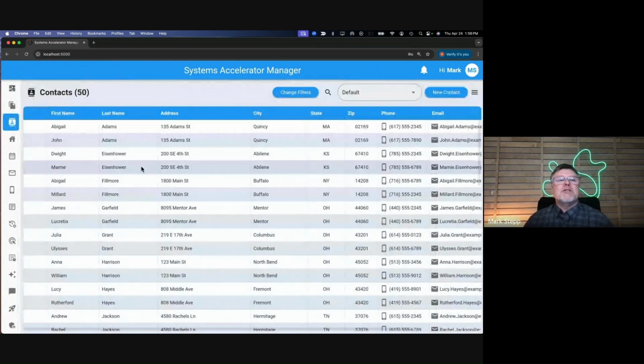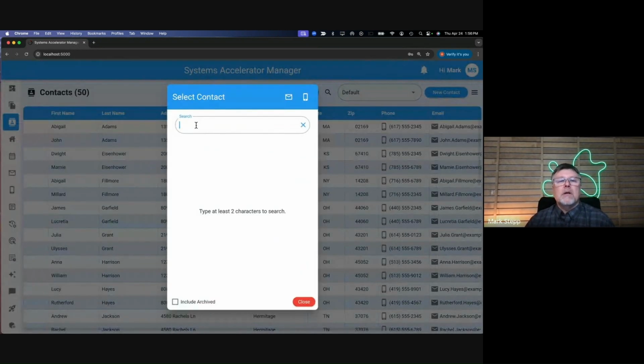Whenever you go into your contacts record, if you come in here and do a lookup of some sort, and I shouldn't have any, let me just do Garfield. Okay, so if I had multiple records here, as I'm doing the lookup piece, if I had multiple James Garfields in some various form or fashion,